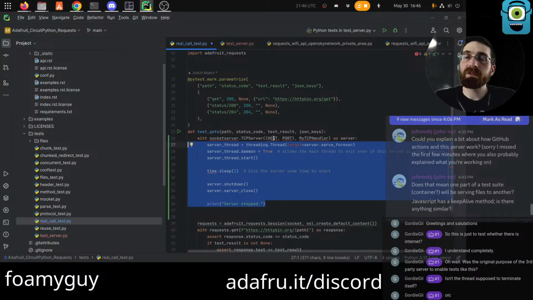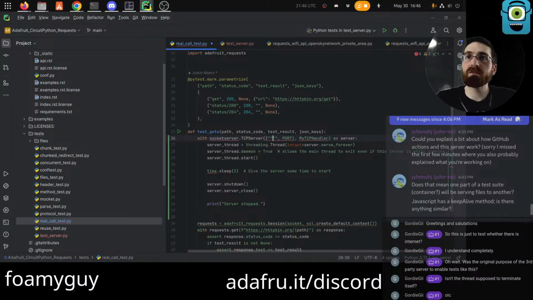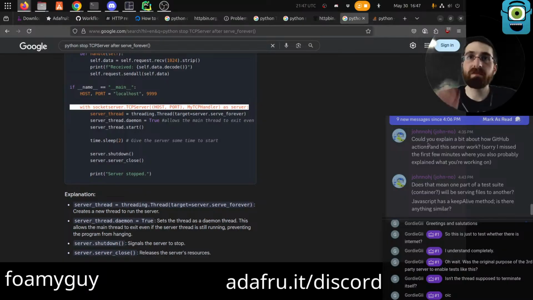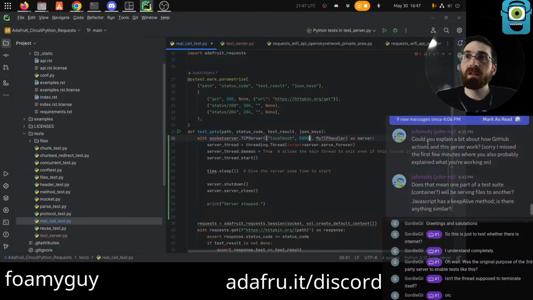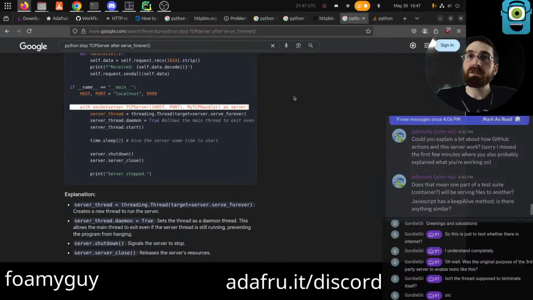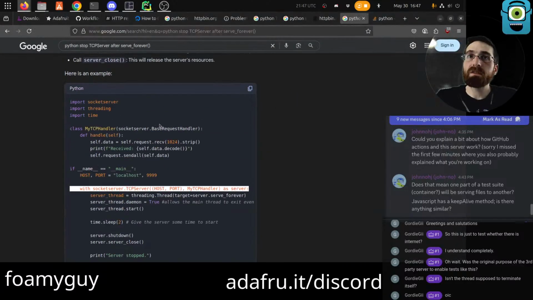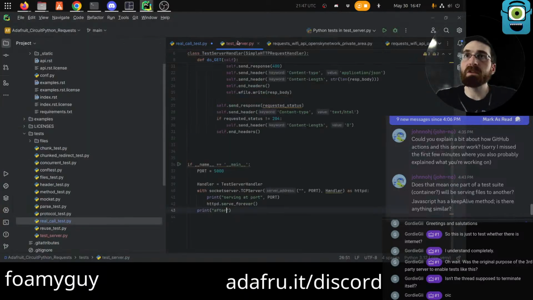So we'll do this, and then this is saying host and port, so we're just gonna hard code localhost, 5000. My TCP handler, so that's, I think, hopefully the thing we did there.